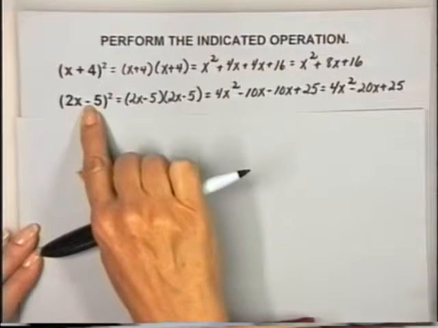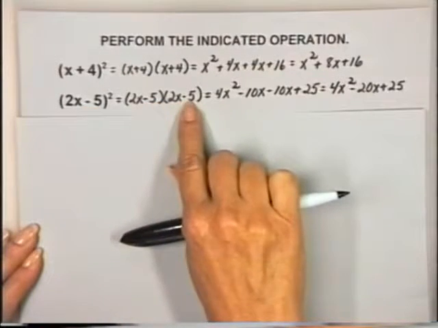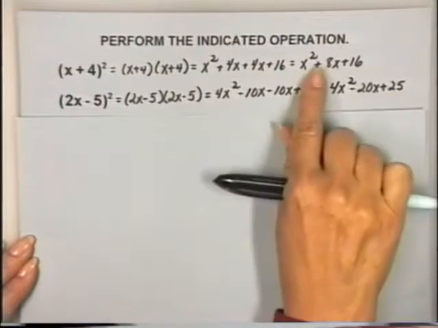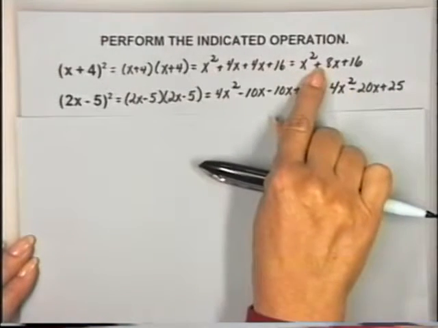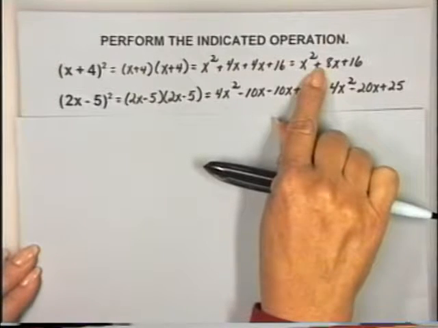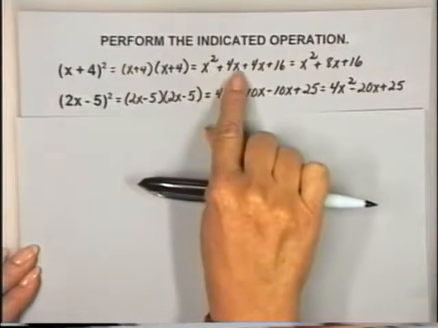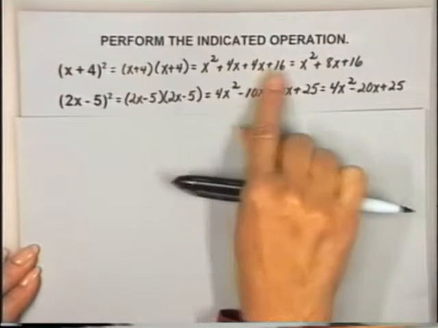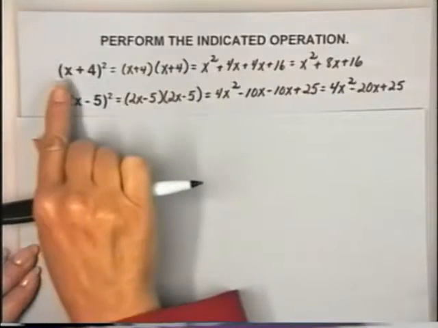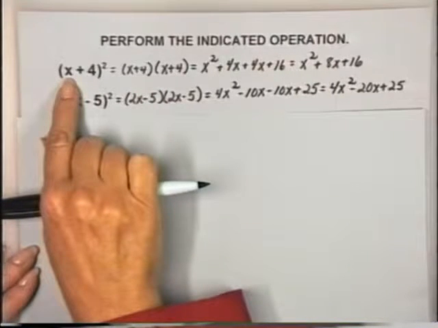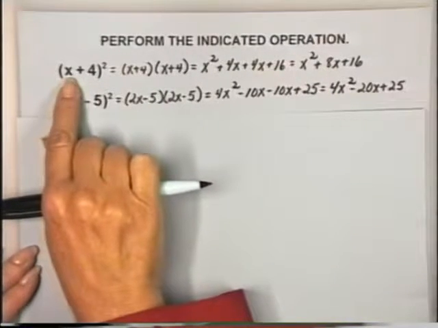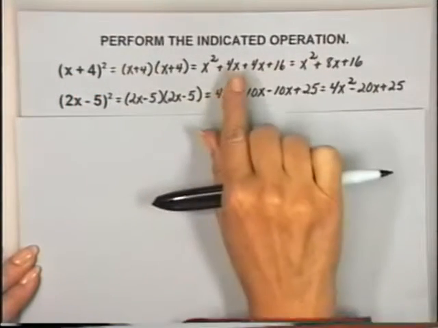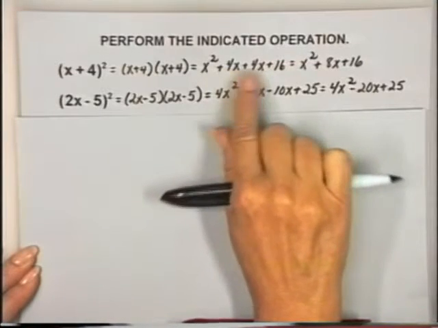Even though this sign was negative, we said negative 5 times negative 5, which gives us a positive 25. Now look at your middle terms. My middle term for my first problem was positive because I was adding a positive 4x to a positive 4x. I could determine the sign of the middle term by determining what the outer result or the inner result would be by saying x times 4 is a positive 4x,